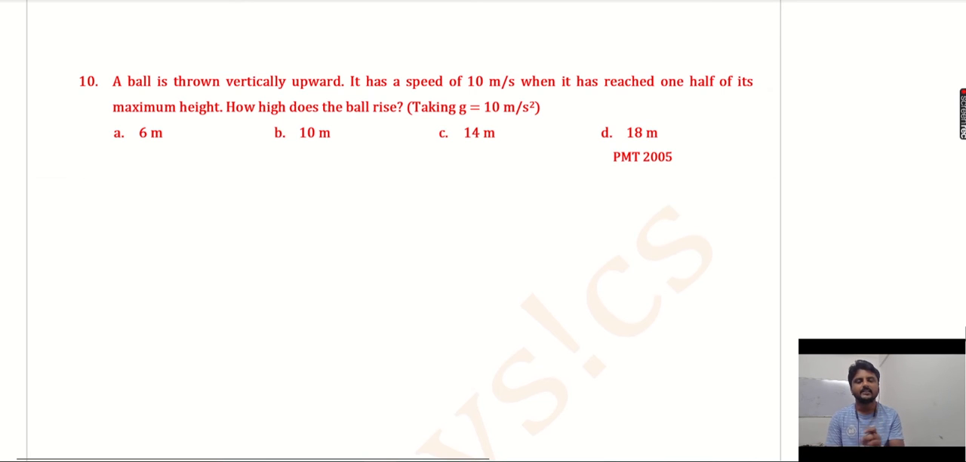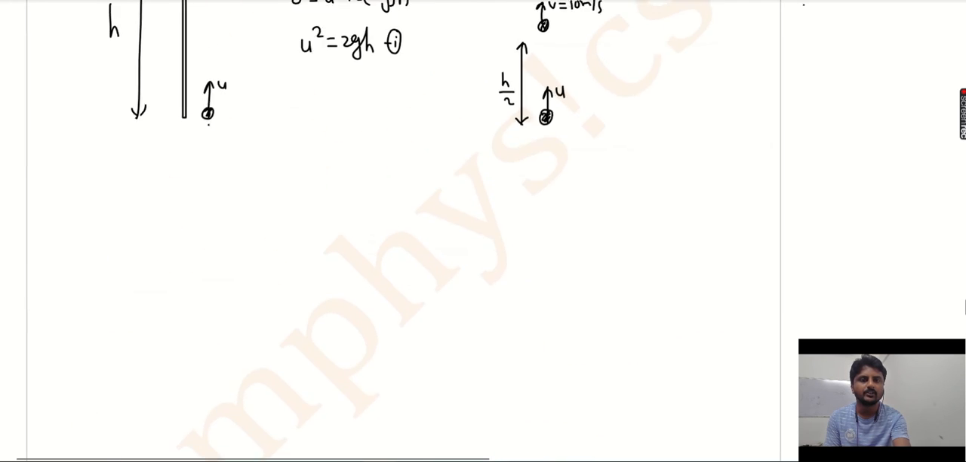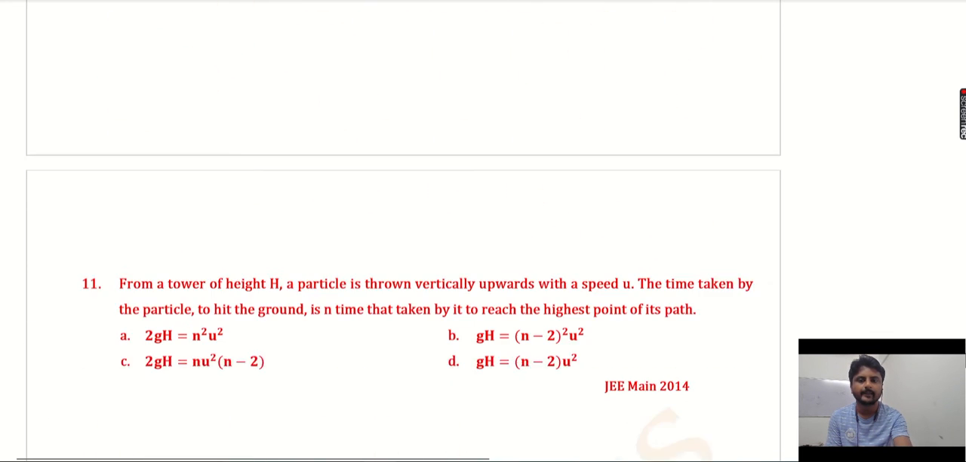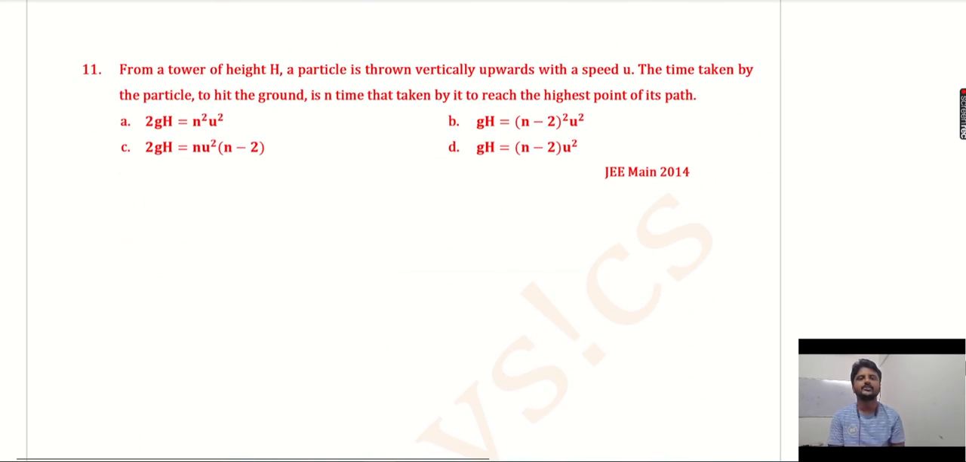Next, now see, this same question has been asked in the PMT 2005 examination. This was a question of PMT 2001. Again, this is the same question of PMT 2005. This question is complete homework for you. Next,